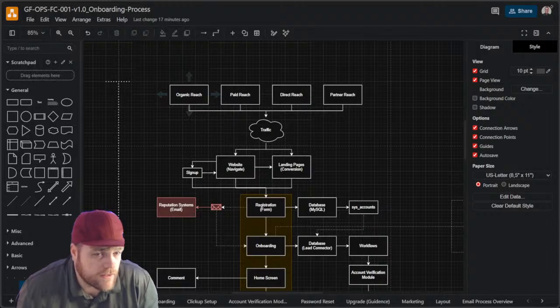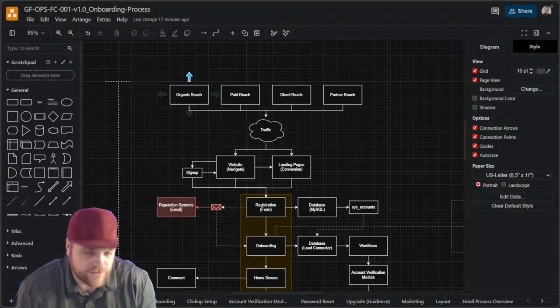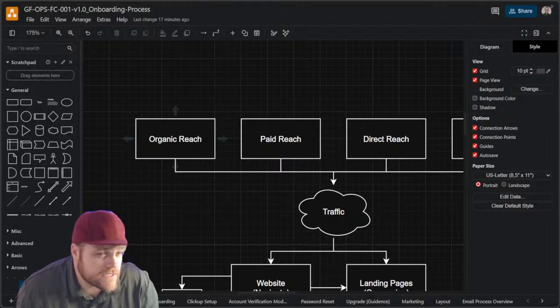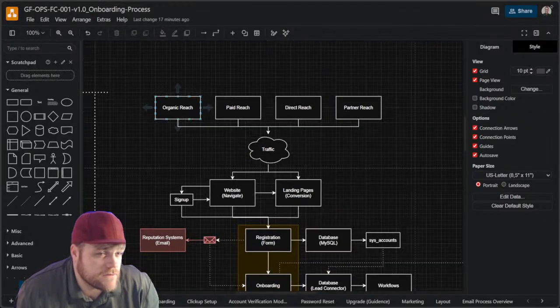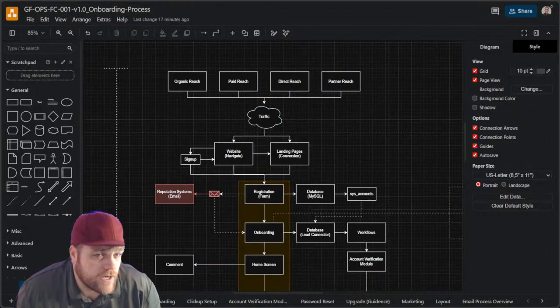As long as we're thinking that way, we can build upon it, meaning I can build out advanced SOPs and systems and processes for, let's say, organic reach. I'll just zoom in so you can see. Now you can easily use these same systems, implement these systems right into your business, and then you can scale as well. That's kind of how this thing works.